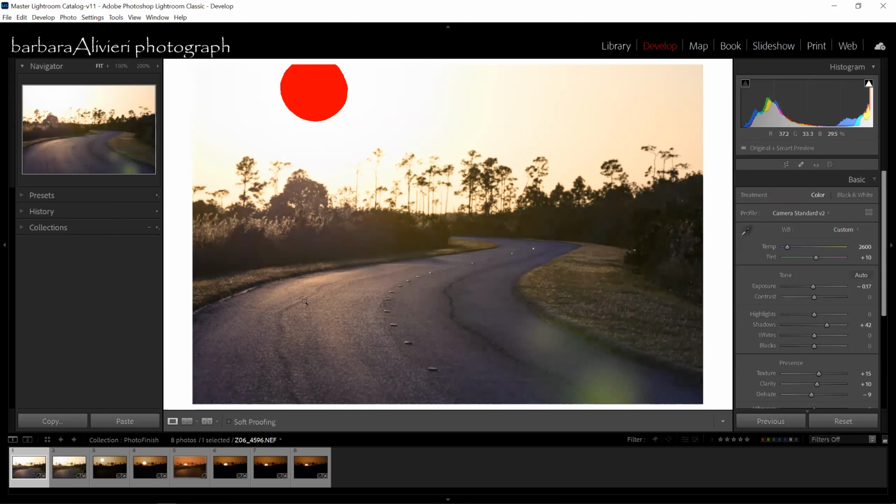So what I want to do, and what you want to do, once you get the one image, if you have multiple images in your focus stack, you want to just work on one image, get it to where you want it, get your white balance correct, get your exposure, up your shadows and reduce your highlights, or get whatever you want so it looks the way you want it. And then you're going to sync it to all the rest of your images. So if you look down here in the bottom left, I'm circling it with my mouse. You can see that this left image is highlighted and the rest here are grayed out because we are looking at this image.